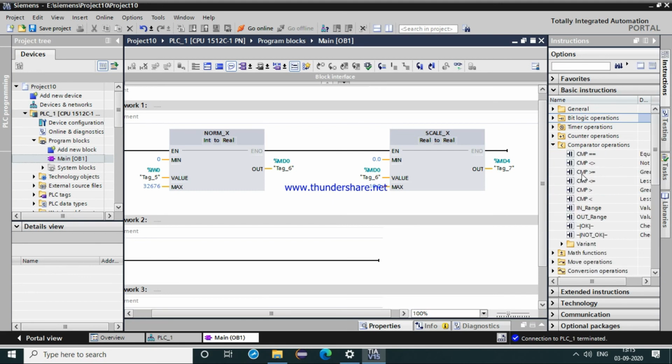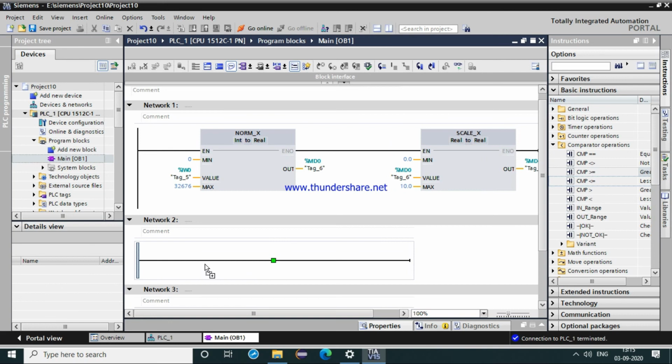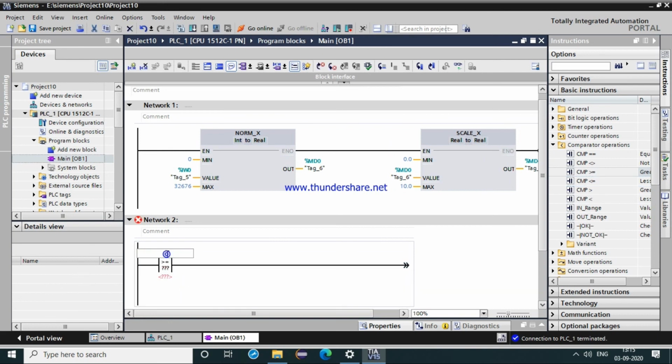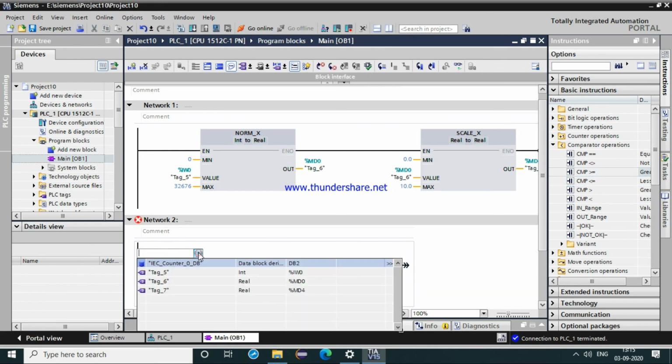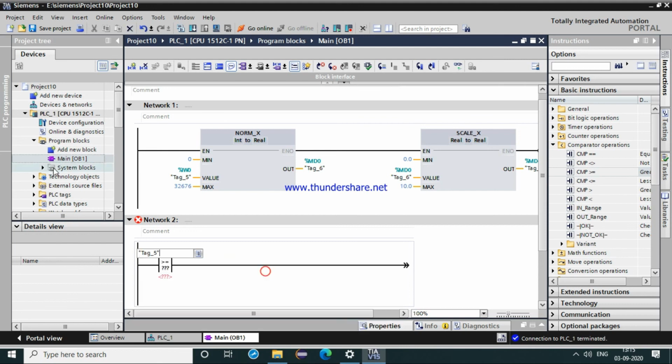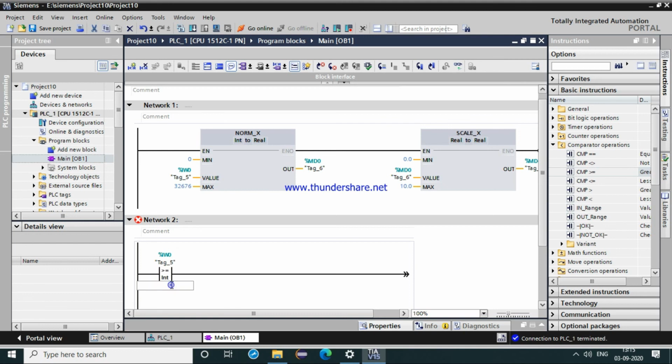Using our comparator, we will give a tag. Suppose my value of IW, that is this integer range, is 20,000.